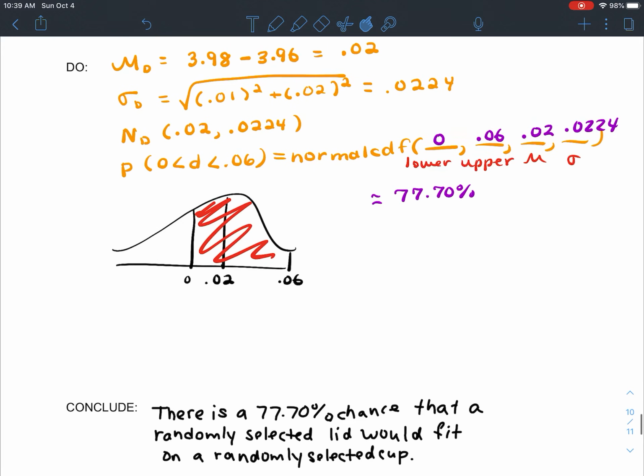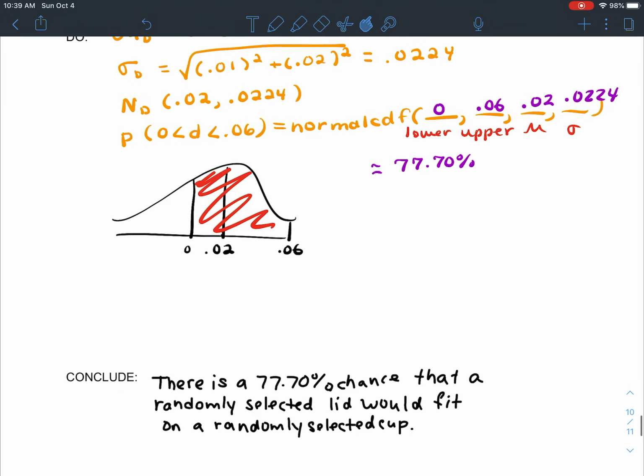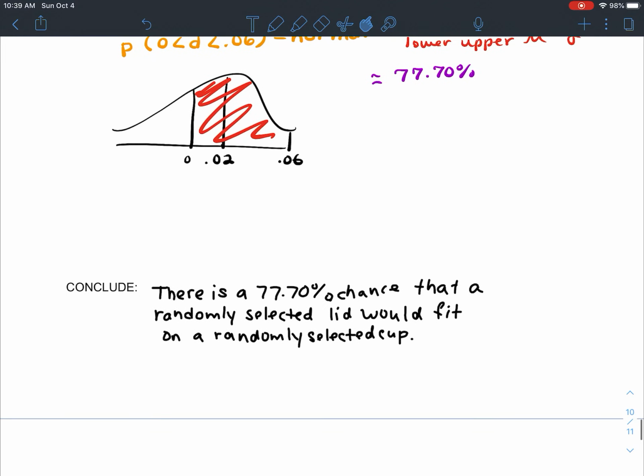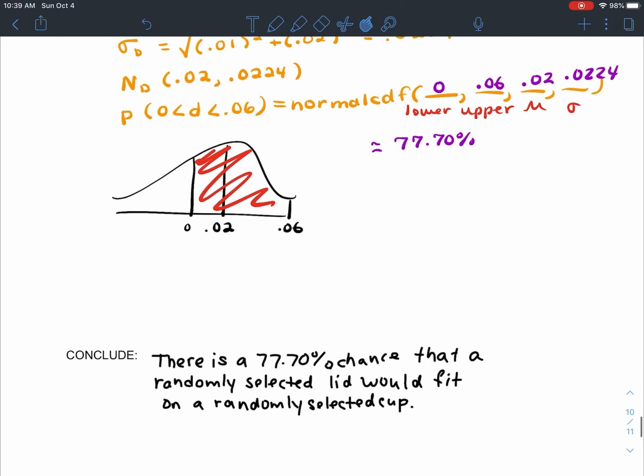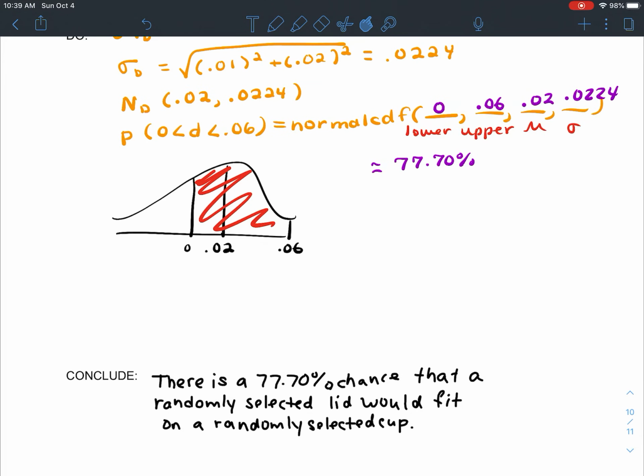Our lower is 0, our upper is 0.06. There's our mean, there's our standard deviation. Looks like this would come out to about 77.7% would be the likelihood that we would randomly select a lid that would fit on a randomly selected cup. That's what our odds would be there. Okay, I believe that